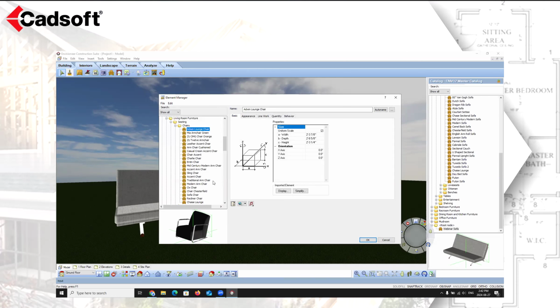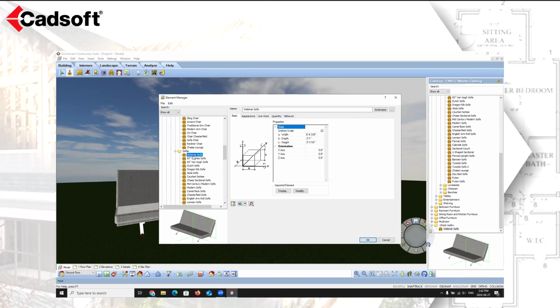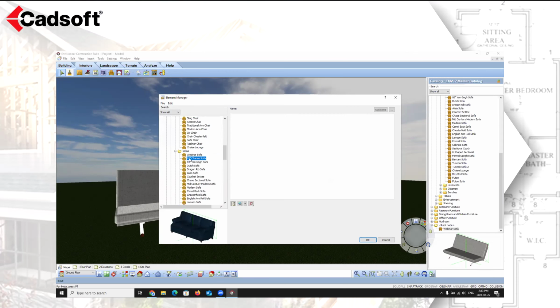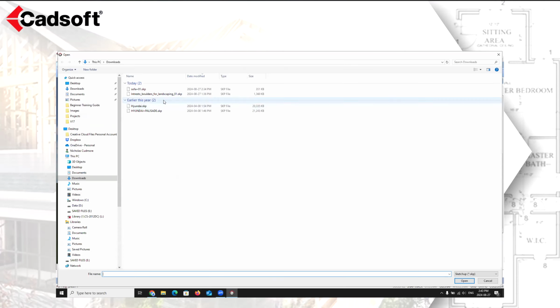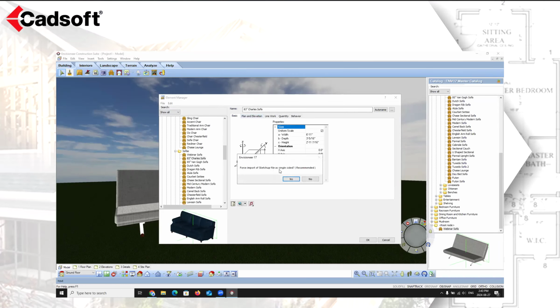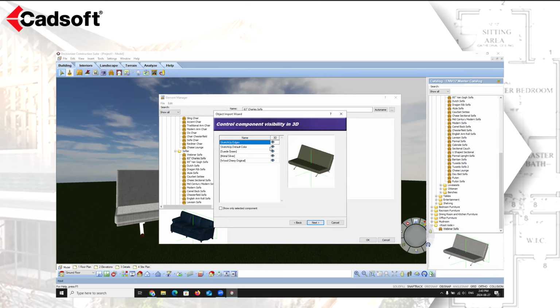Alternatively, if you have the same SketchUp file saved on your computer somewhere, so I did it through the import object wizard, you can also simply go into the element manager, add elements, and then you can say, I want to insert a custom block. You can say, okay, find that same sofa. This one we're going to name, again, we're going to make sure it's single-sided. You're basically going to follow the exact same steps like we did in the